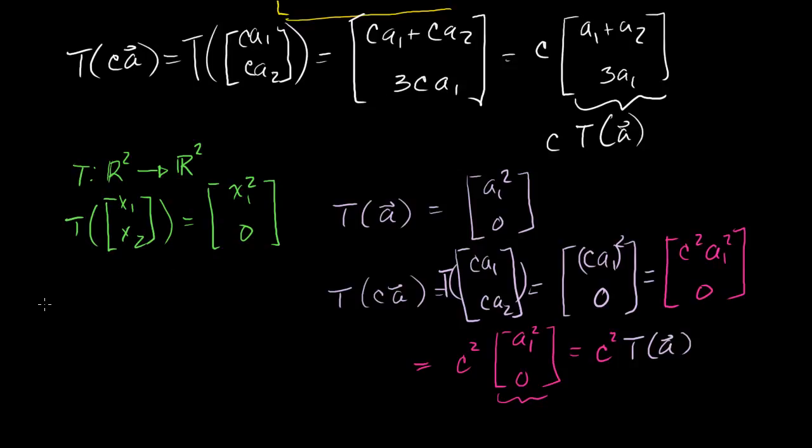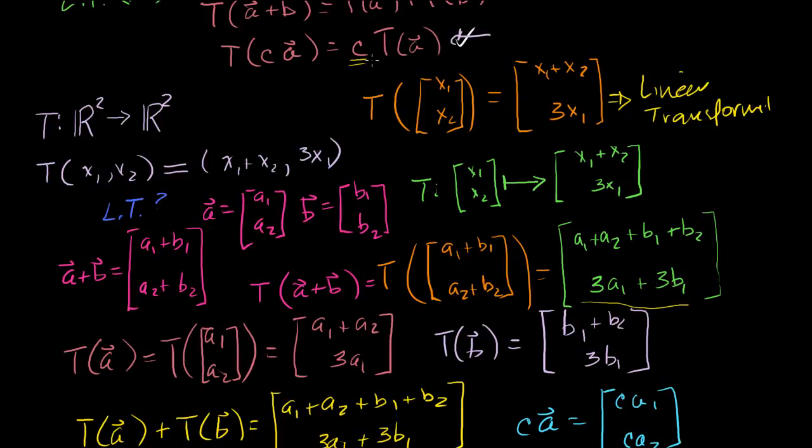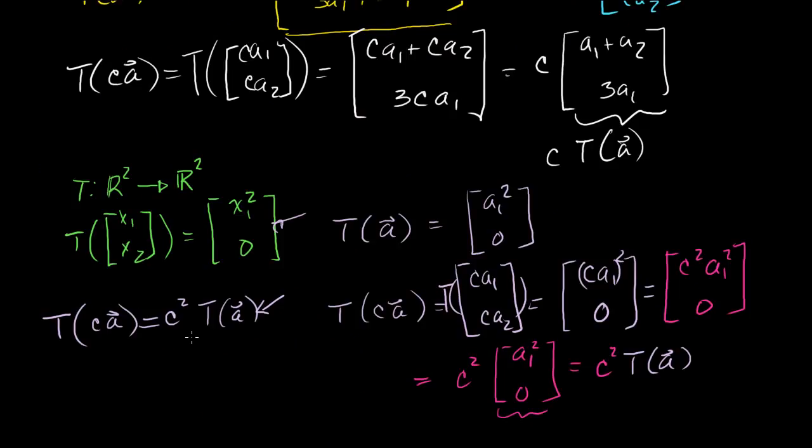So what I've just showed you is if I take the transformation of a vector being multiplied by a scalar quantity first, for this transformation that I've defined right here, that's equal to c squared times the transformation of a. And clearly, this statement right here for this choice of transformation conflicts with this requirement for a linear transformation. If I have a c here, I should see a c here. But in our case, I have a c here and I have a c squared here. So clearly, this negates that statement. So we're definitely not dealing